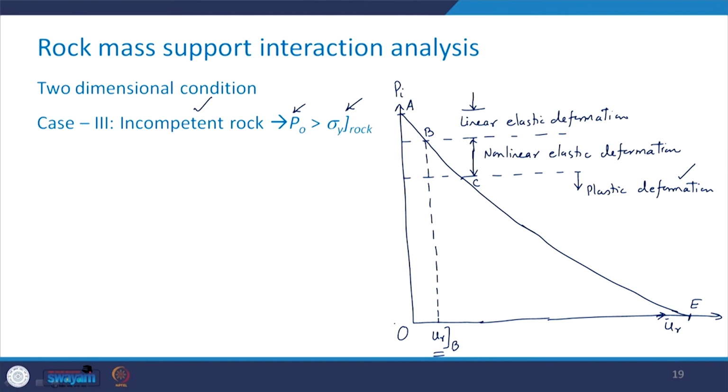So, what is going to be the stiffness? You join this point with this point, and that is going to be pretty high because its slope is going to be very high. If we want to have this kind of situation, that is with respect to the point URC here,